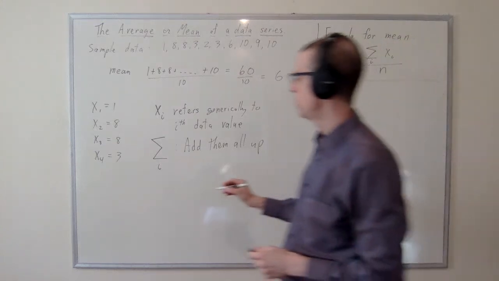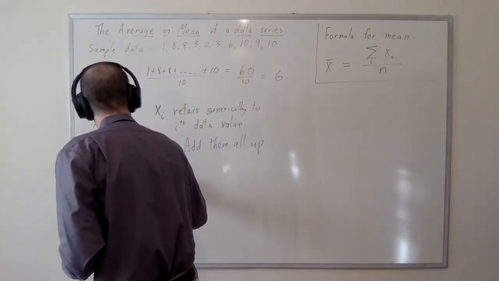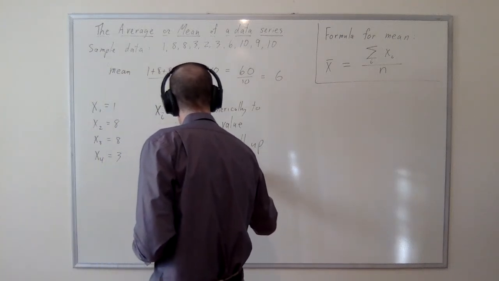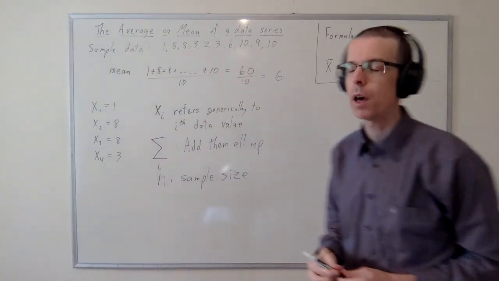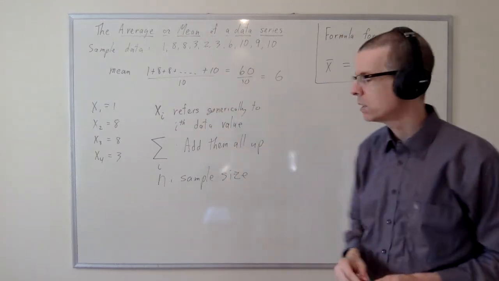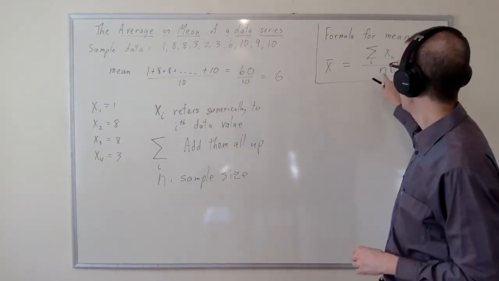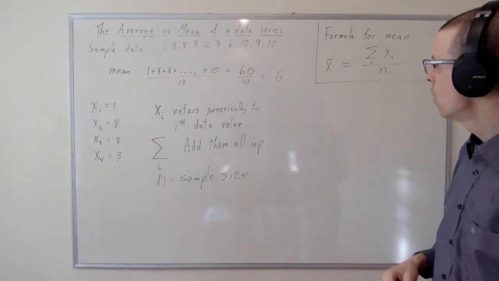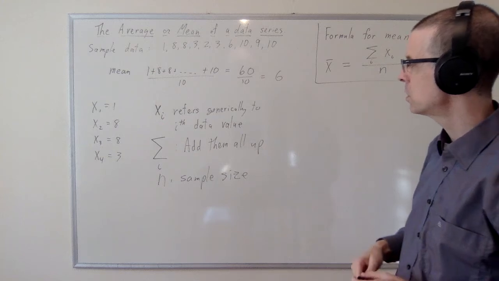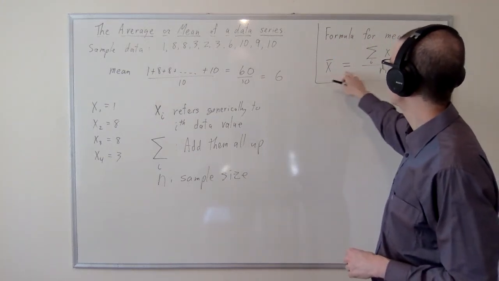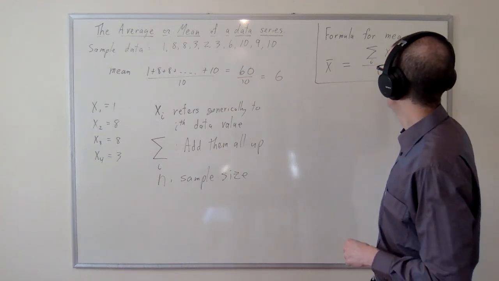Now n here traditionally stands for the sample size, which is the number of data values. In this example, it's 10 because there were 10 numbers in my data series here. So n is a symbol which has its own sort of loaded meaning, and we need to understand what that meaning is in the context of statistics. That's the sample size. And then finally, we have the equation x bar equals this,